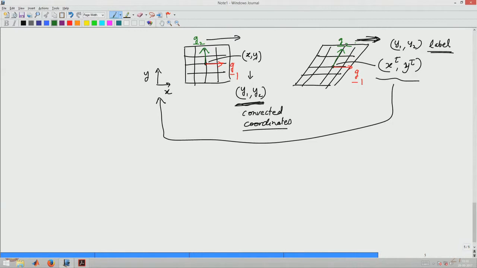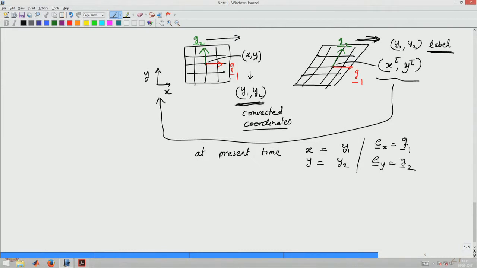So, we can see clearly that at present time x is equal to y1 and y is equal to y2, and also Ex is equal to G1 and Ey is equal to G2. But at any other time G2 and G1 will keep on varying because the material is undergoing deformation. So, it is our interest to now find out expressions for G1 and G2 based on the definition,